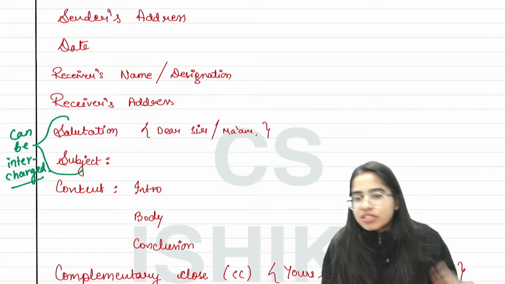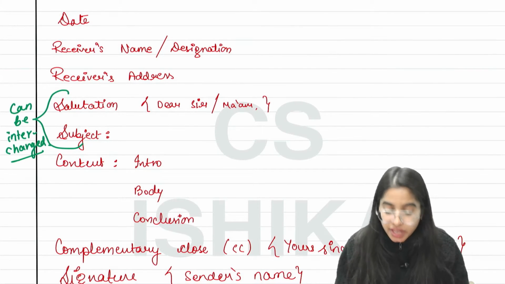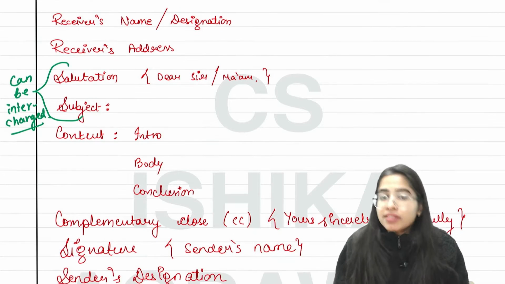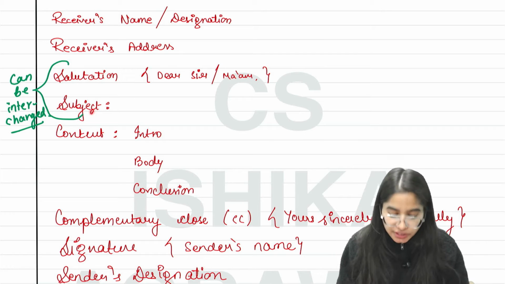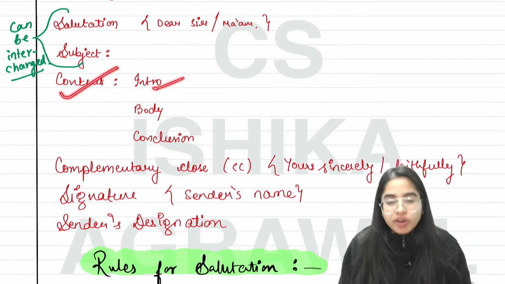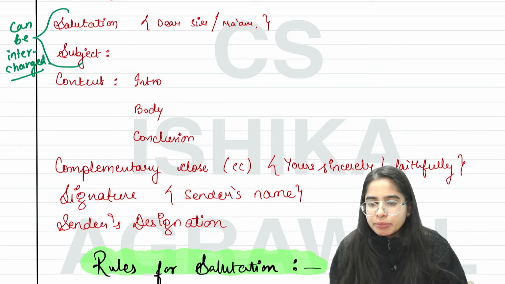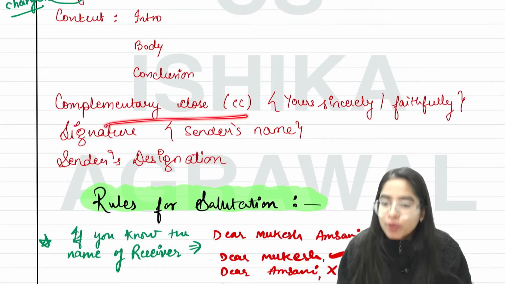either receiver's name or receiver's designation, or you can write both if both are given in the question. Then you have to write receiver's address, then salutation, that is dear sir oblique ma'am, and after that you have to write the subject. After that you have to write the content, and in content you can divide it into multiple paragraphs like intro, body, conclusion. Then you can write complimentary close,